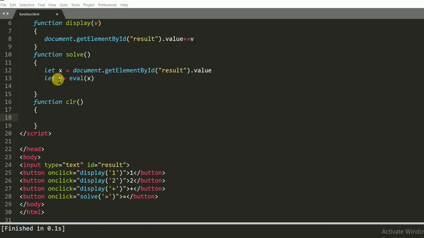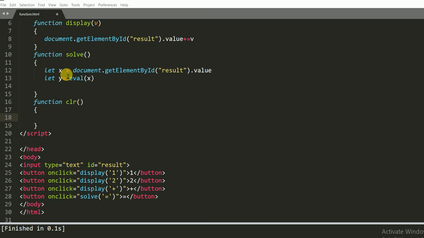Here I take the result value, the expression, and put it in a variable x. Let is an improvement in ES6 instead of var.